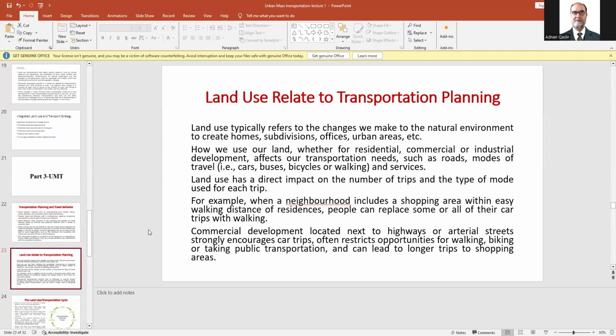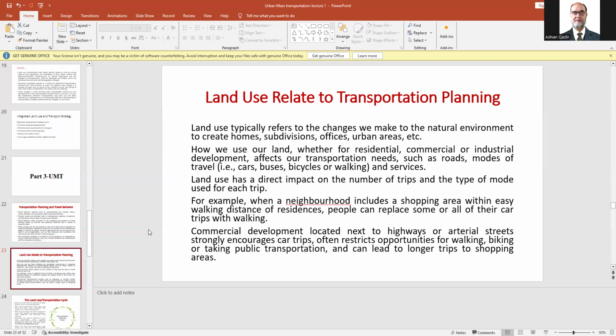So obviously, when we have planning for shopping areas in our town planning, we have to have the place within easy walking distance. If they have walkable distance, the vehicular travel demand will be less. But if you have a shopping area at the extreme of your town, most of the people have to walk a long way from one end to another. That again will create traffic chaos and parking demand in a small